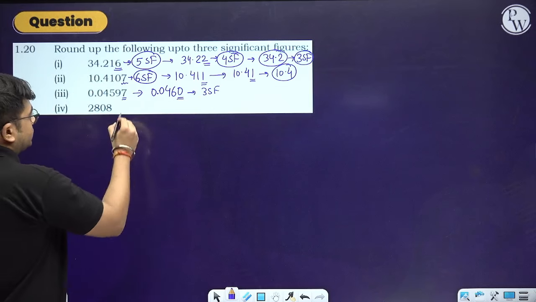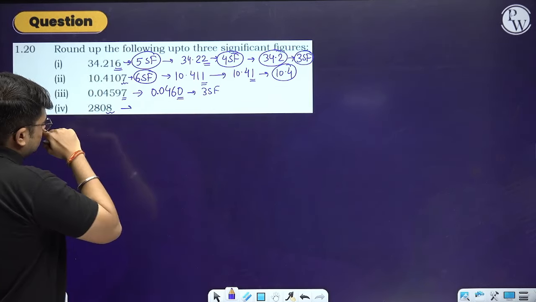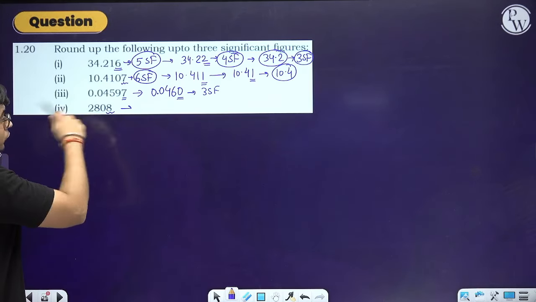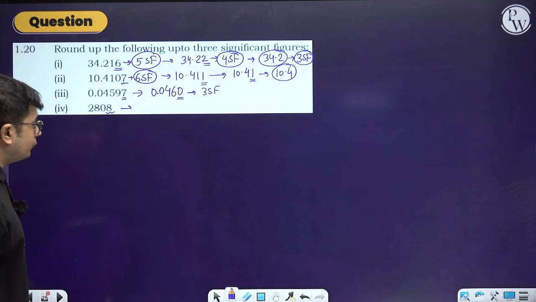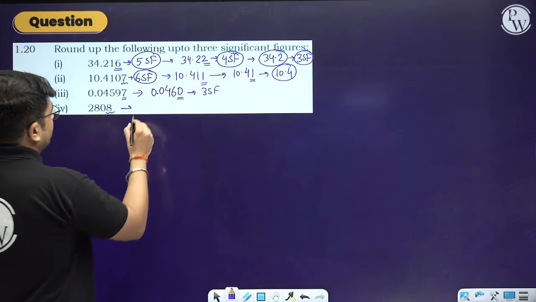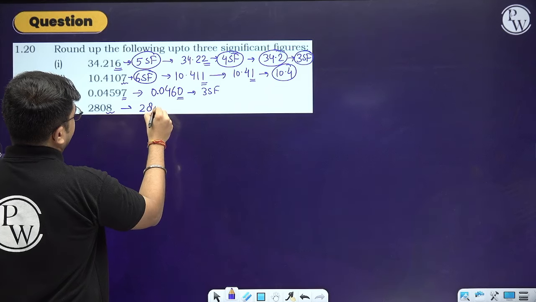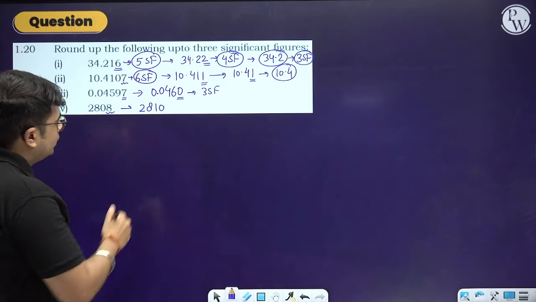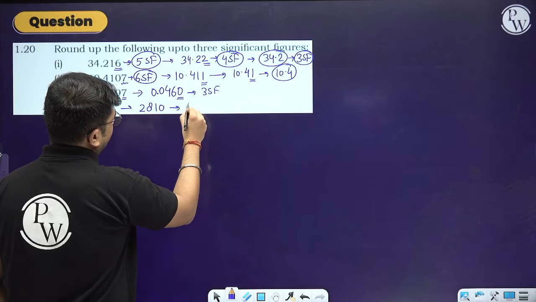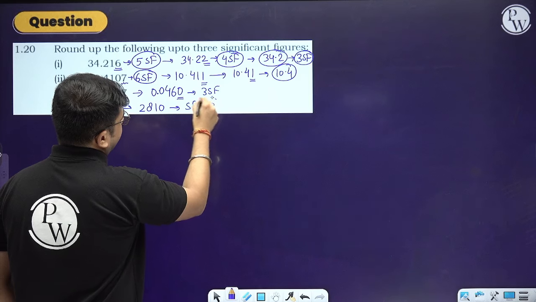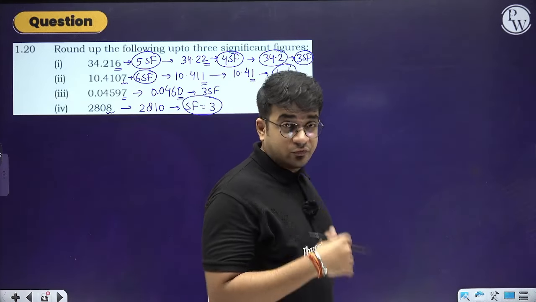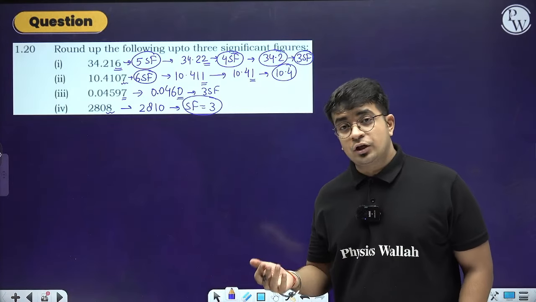Okay. Next part, again in this case, you have to remove this number because we have 4 significant figures. If you are removing this particular part, it becomes 1. So the final value will be 2810. If it becomes 2810, this 0 has no meaning. You have significant figures which are 3 in this particular case. Very interesting question from NCERT,